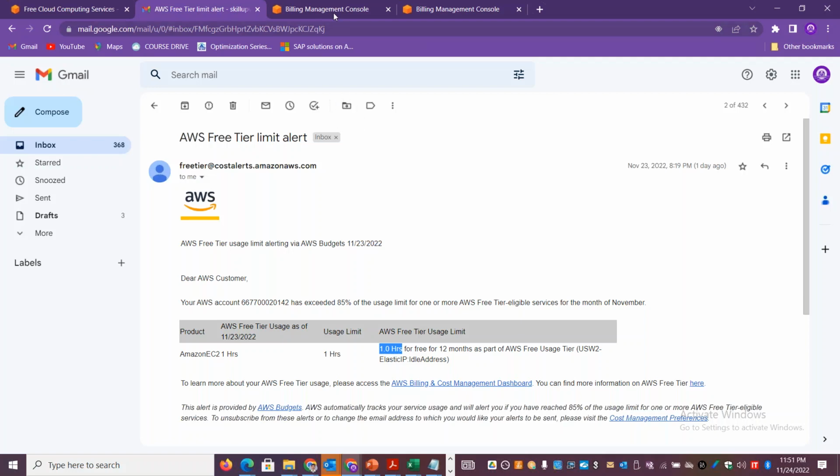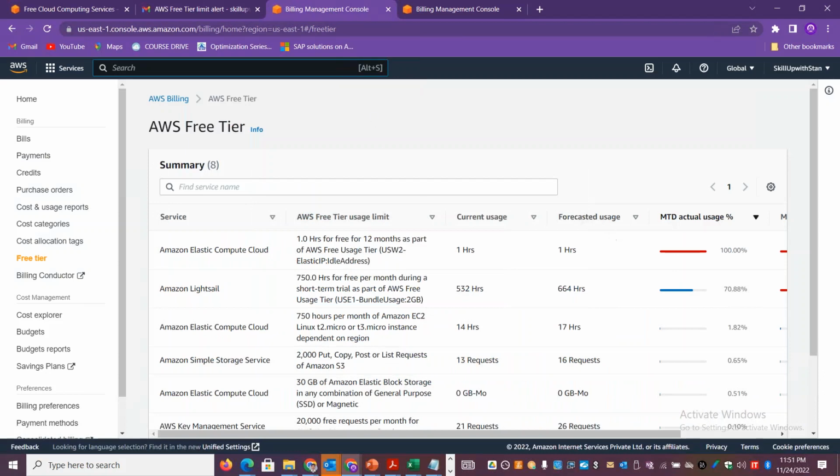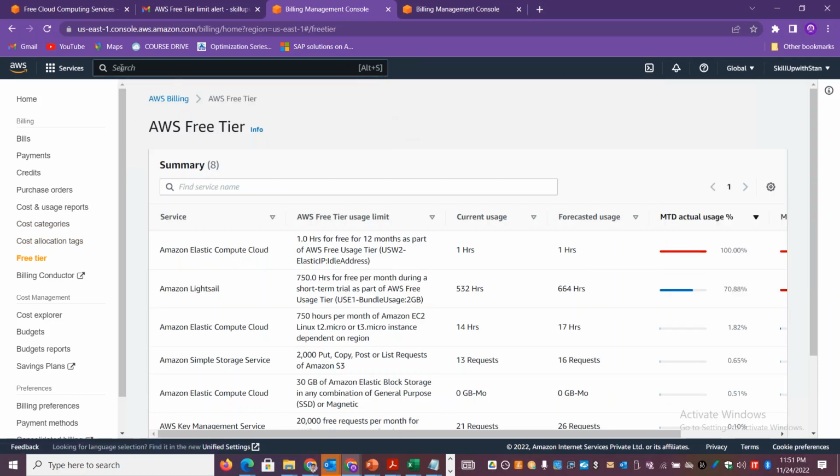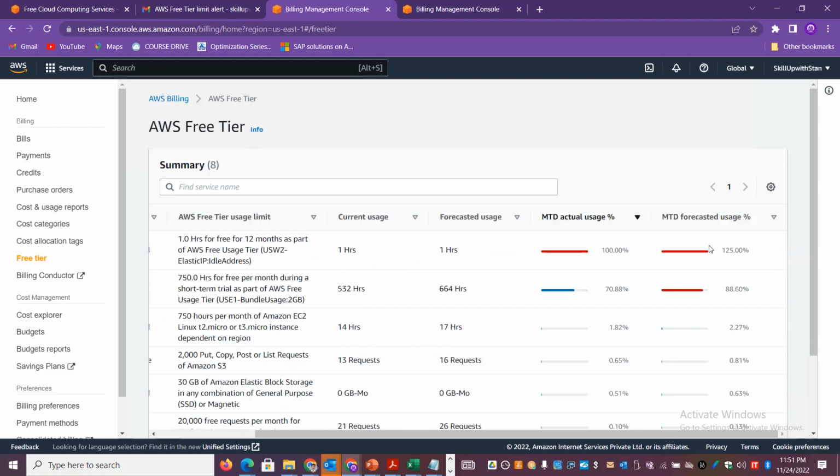See, we can understand the threshold, limit, the forecast, and the actual usage in your billing dashboard. If you go to the billing dashboard, or if you go to the AWS billing via the search option here, you have the free tier under the home option, under the billing section. And you can understand how much is the current usage, how much is the forecast, and how much we have consumed. See here in our case, I purposefully left it untouched for beyond the 1 hour cycle,